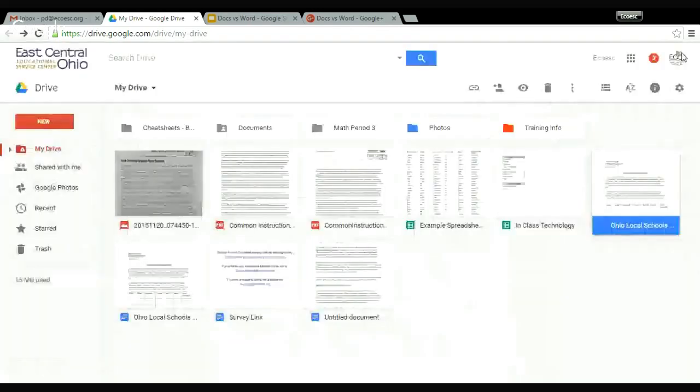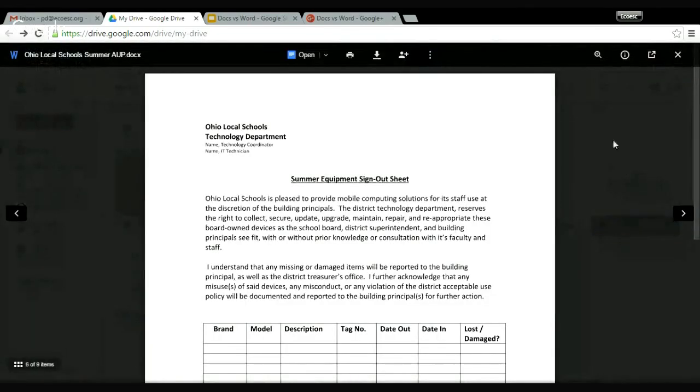I'm going to close this preview. So you'll see that I can't actually just go into this and edit it. All I can do from here is preview it. I can print it, download it, and share it. So if this is a situation where I wanted to